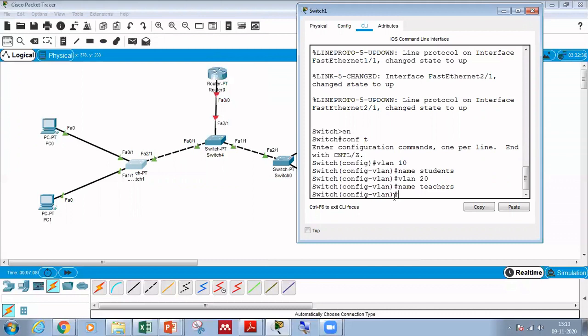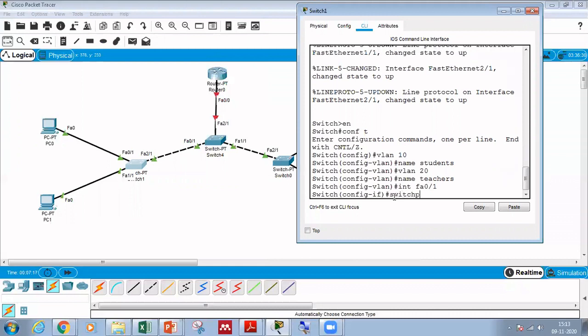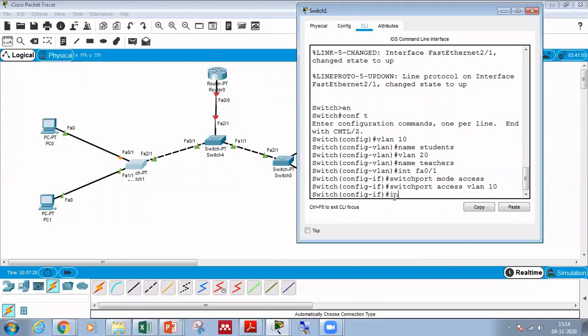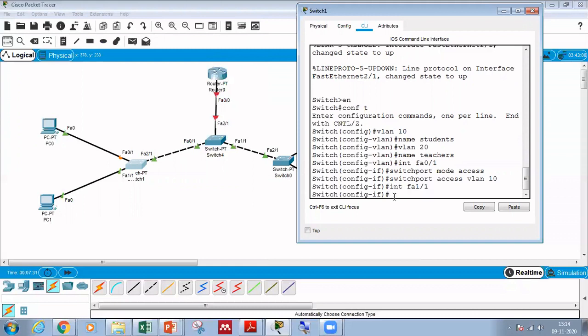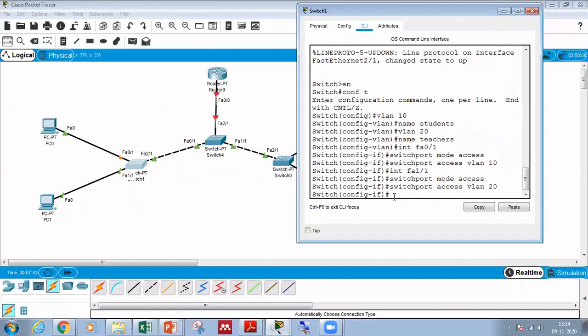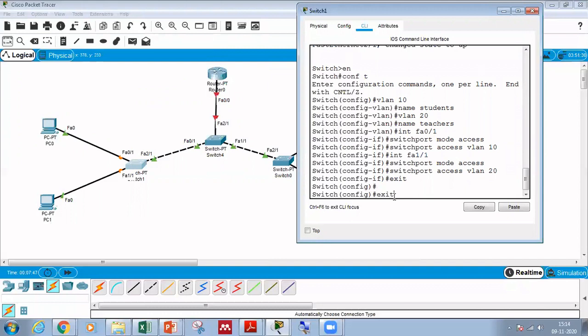Then interface FA0/1, switchport mode access, switchport access vlan 10. Similarly, interface FA1/1, switchport mode access, switchport access vlan 20. So the configuration of this switch is also done.